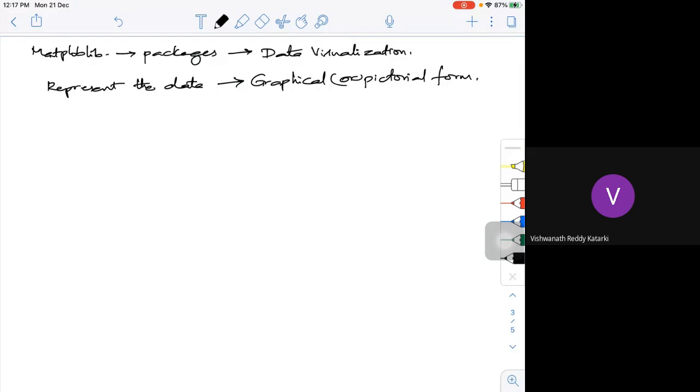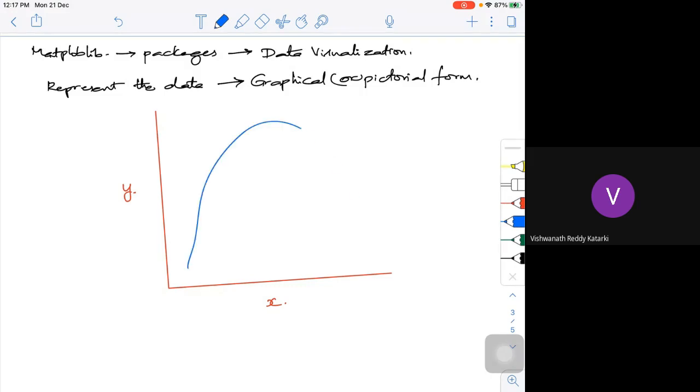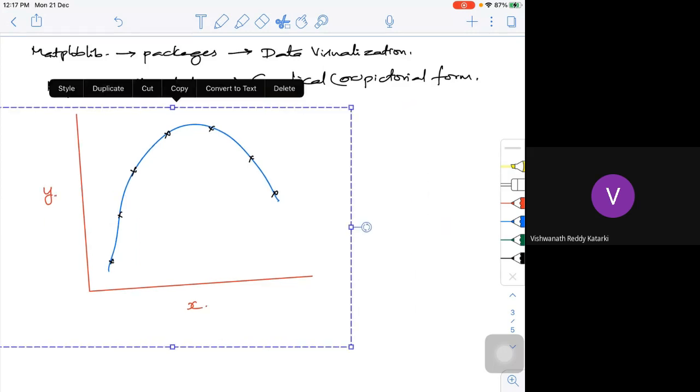Say for example, let me show you a plot something like this. See, I do have a data something like this. I have something on the x-axis and something on the y-axis. So I will try to plot a curve like this, and this curve is made up of some data points. Suppose if I try to show the same data in some other form, this is what I have, the graphical form. Most of you can easily understand it.